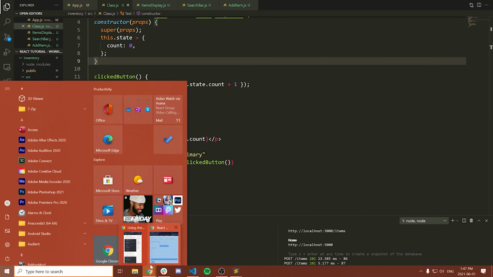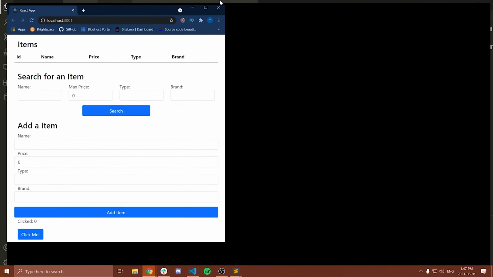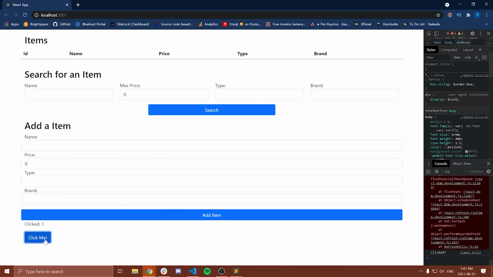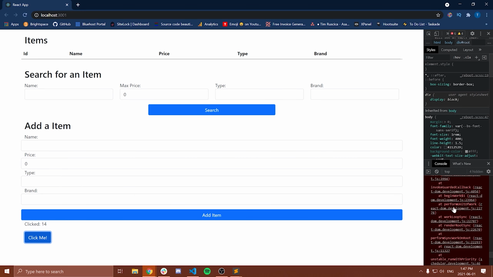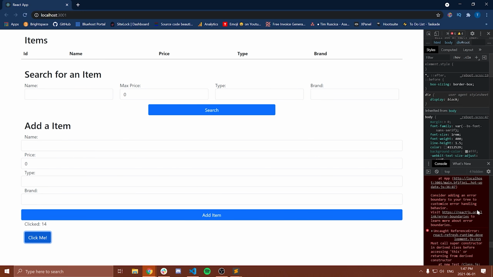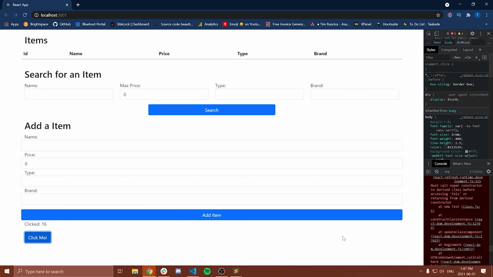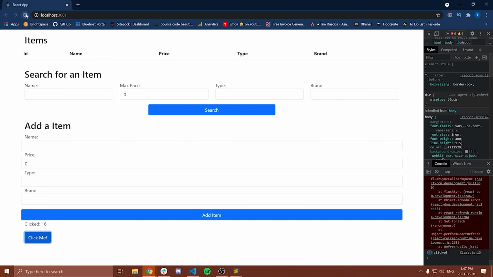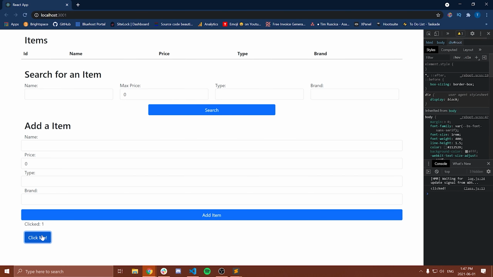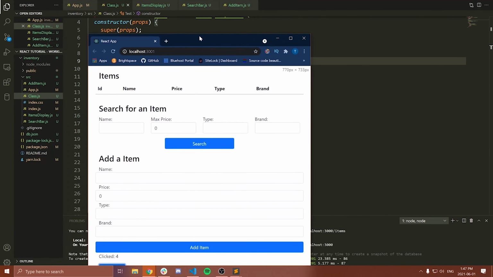All right. Now what I'm going to do is go here. Let's scroll down. Notice we have clicked and click me. And when I press it, it updates here. Now it's telling us we're getting a little bit of an error here. What's the problem? It's saying uncaught reference error, must call super constructor in derived class before this or returning from derived constructor. Okay, I think that was just previously we're getting that. Let's refresh and click me. Yeah, okay, so that was just a previous error. But anyways, you can see this is indeed working. All right, so that is great.